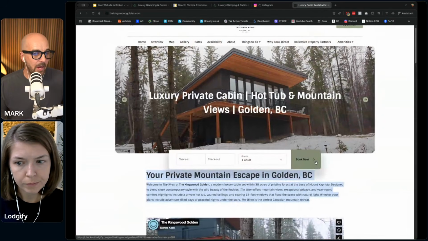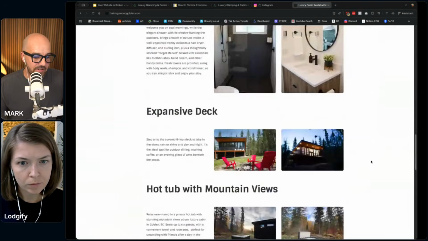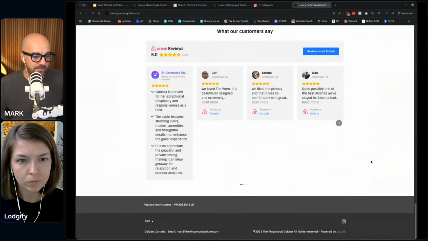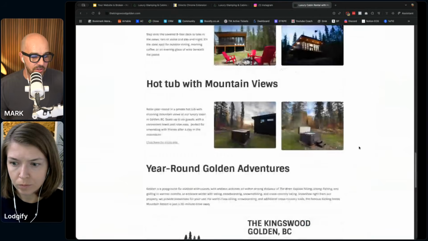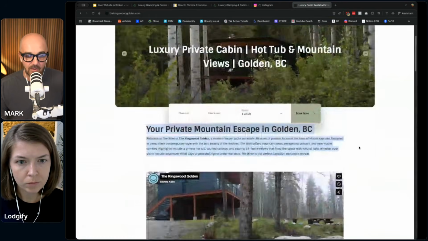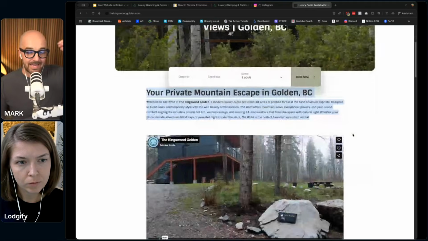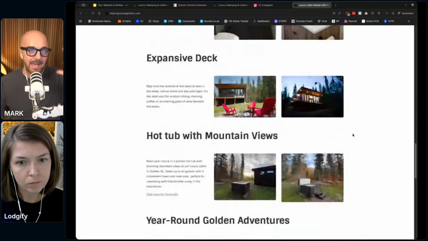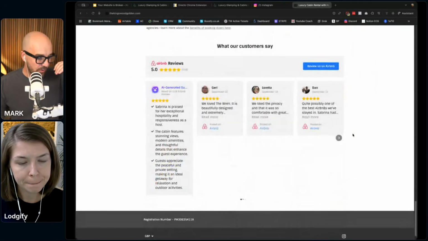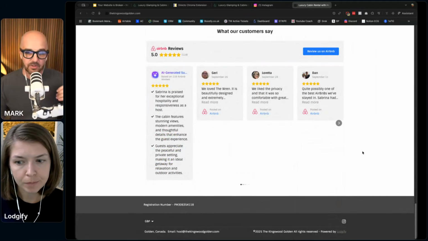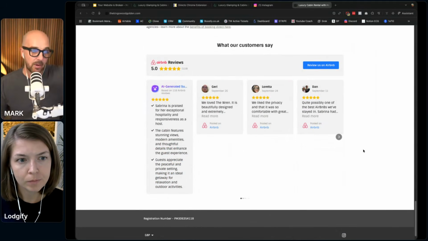Once they click book now, it will take them to the listing page, so you don't need to have all of this information. I feel like you have got the foundations of a stunning direct booking site. I just feel like the way that it is presented is really messy. And again, if you confuse your potential guest, you lose, and they will bounce and go elsewhere.